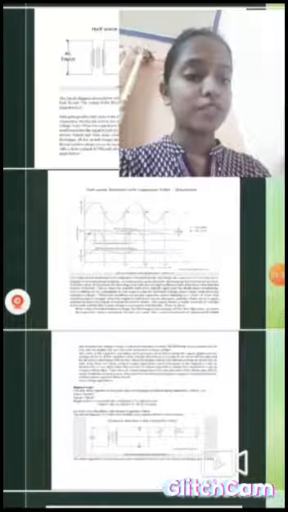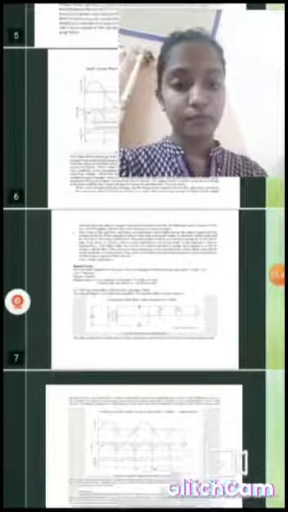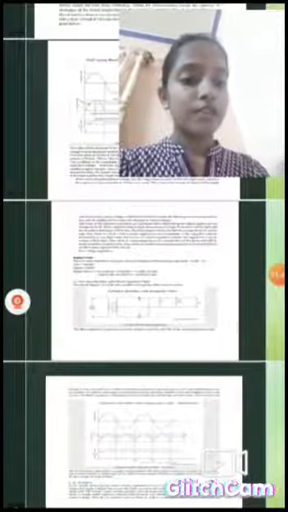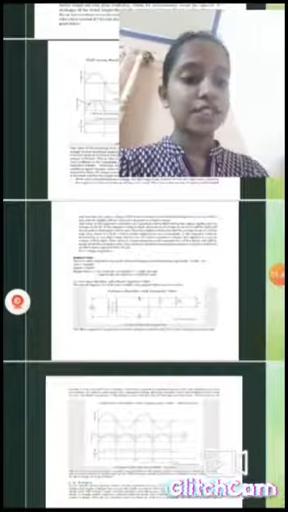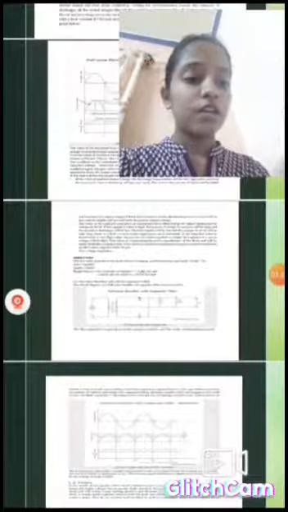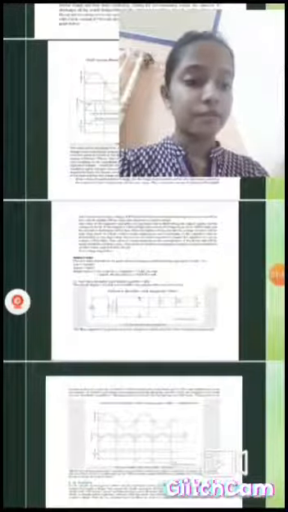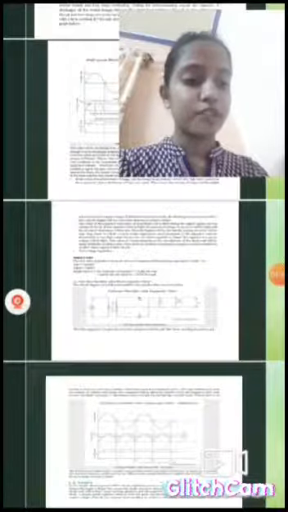The value of capacitor plays an important role in the output ripples and average DC level. When capacitor value is high, the amount of charge can be high and the ripple will be less. The value of current depends on the manufacturer of the diode and is limited to a certain value.